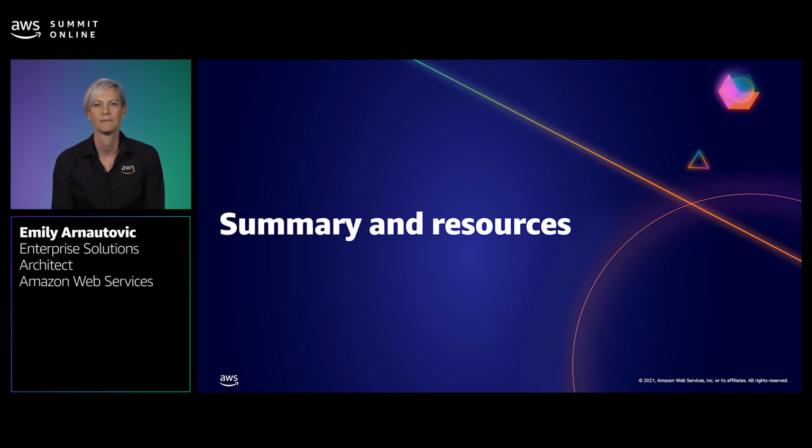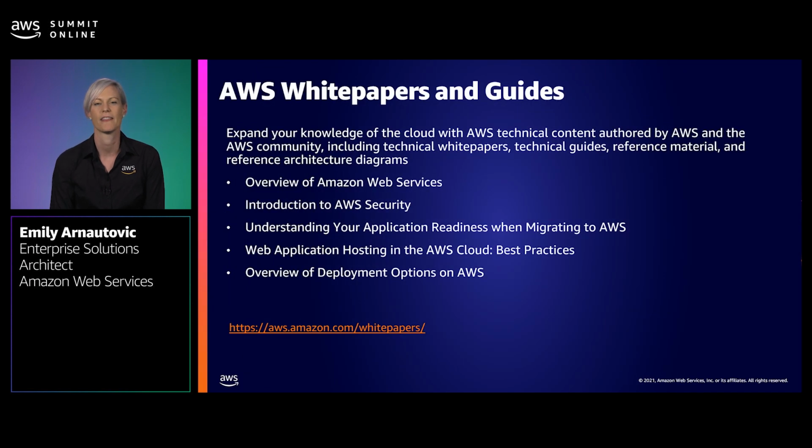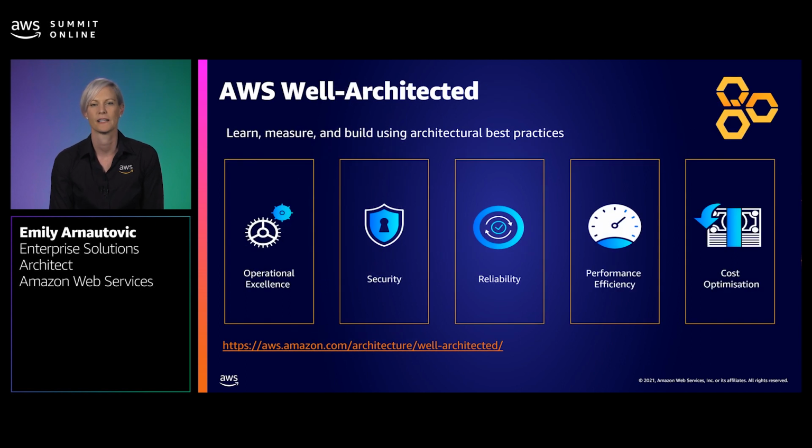So for Nikki and her team, and for you, we suggest you take a look at these specific AWS white papers and guides. There are many more white papers, but these ones will be best for starting out on AWS with a 3-tier app. We also recommend using the Well-Architected framework and the AWS Well-Architected tool. It has questions and accompanying guidance to help you assess your architecture against 5 pillars: operational excellence, security, reliability, performance, and cost optimization. You can use it for any workload you build on AWS.